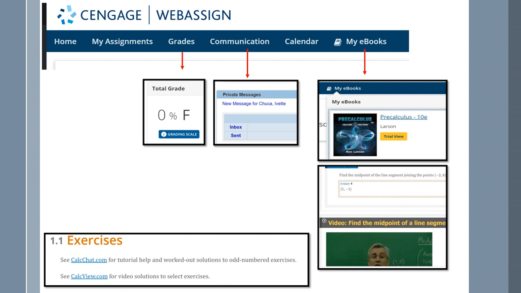If you are taking a face-to-face class, also talk to your instructor, because your instructor will let you know that grade only reflects possibly your homework grade, since in a face-to-face class, all you're doing under the WebAssign platform is homework. So that grade might only reflect homework. Just something to keep in mind.